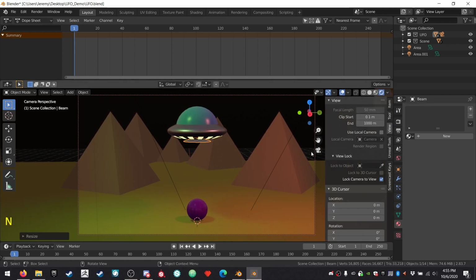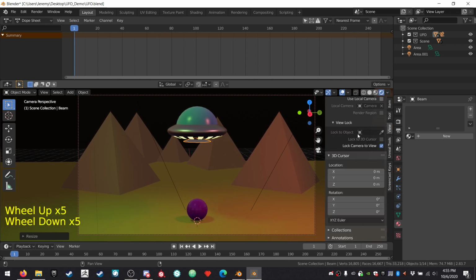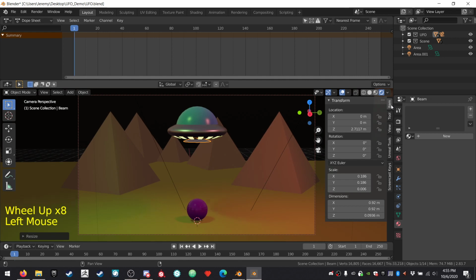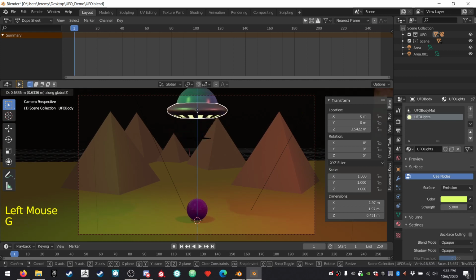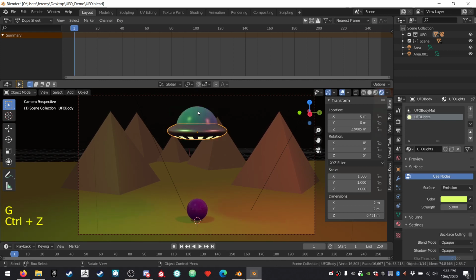And actually, sometimes this setting is useful, the options when you hit N. To go to item, and you can see the scale here. So on the Z, the up and down axis, I'm going to scale it to 0. Okay, and now it's invisible. So that's a way to make things invisible. Oh, and you know what though? Also,